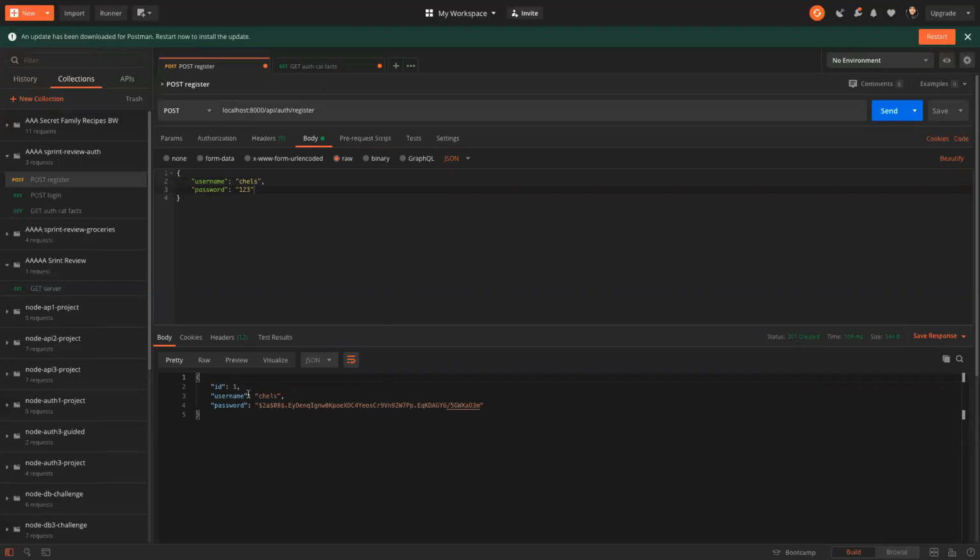So we have a new user. I was added with the ID of 1. My username is Chelsea. And here's my hashed password. So what we're going to have to do is take this hashed password, go into our login,